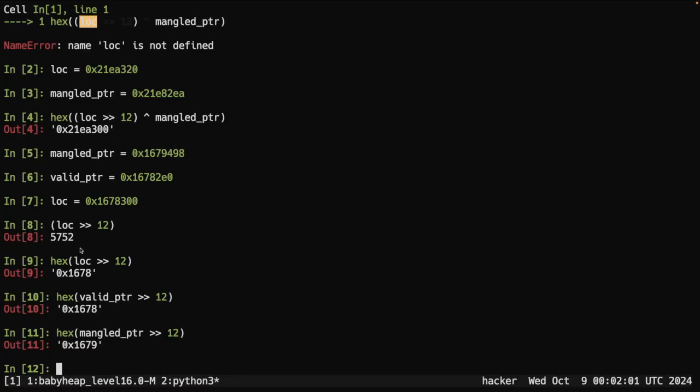Almost the same value. And so this is the gotcha when we think about how to dereference this. I said there was an assumption. The assumption was that these values are all on the same page, right? If they aren't, when we do this bit shift by 12, we'll be off by 1. So this apparently rolled over to the next page on the heap, which is why that address didn't have the